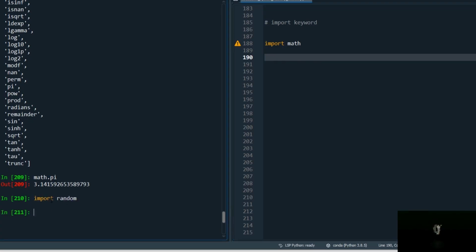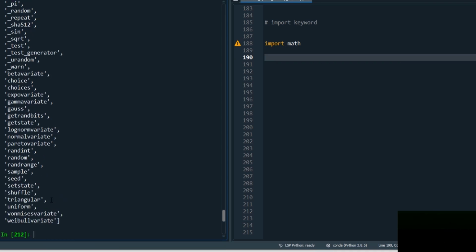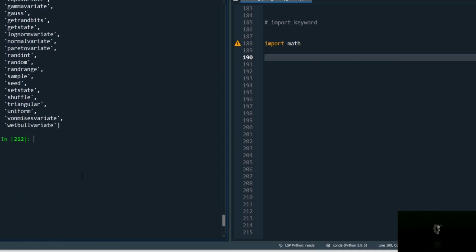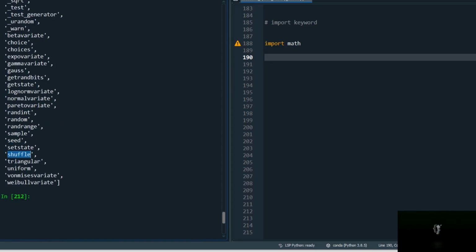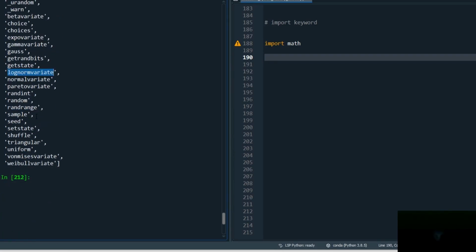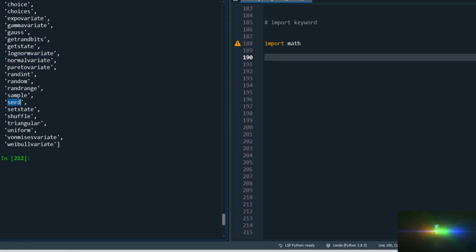and then let's bring in random. So here's another module. So dir random. There is a way for you to shuffle things, get random numbers, make random choices, and things like this. These are the tools that I alluded to in earlier videos, that there are things that have already been done for you